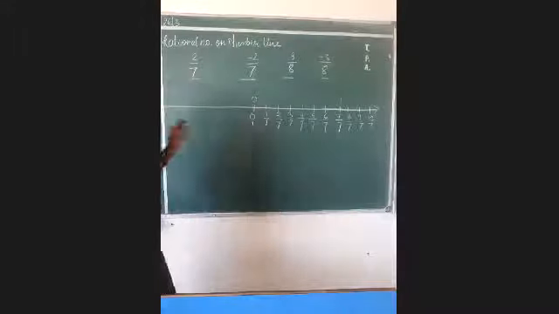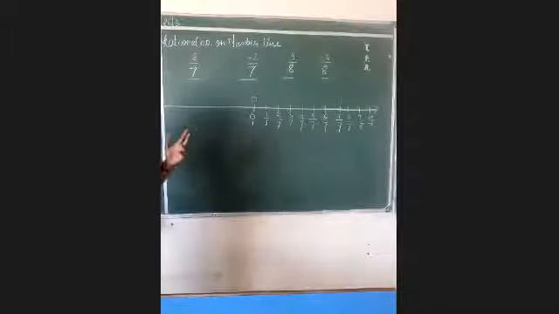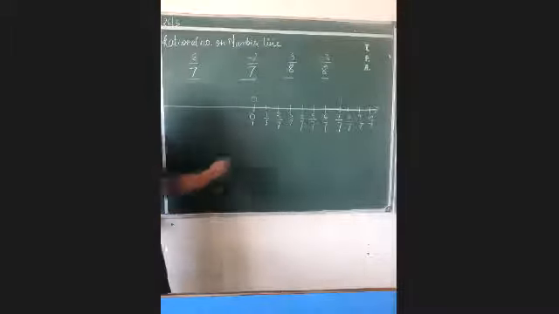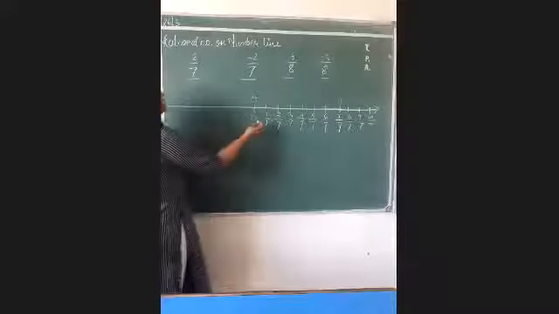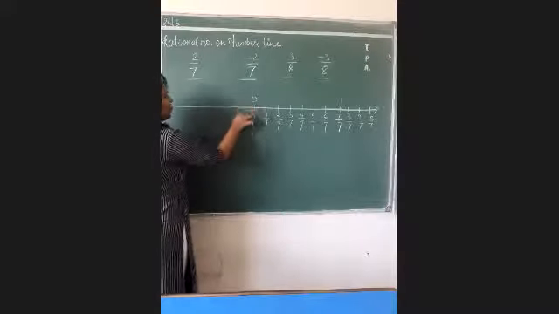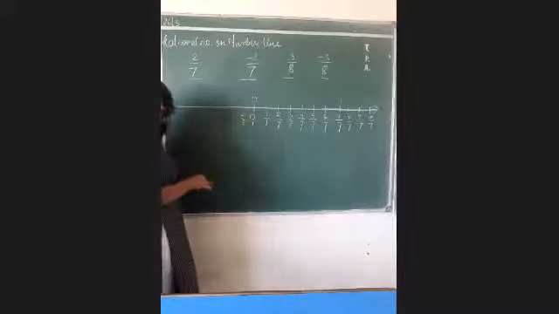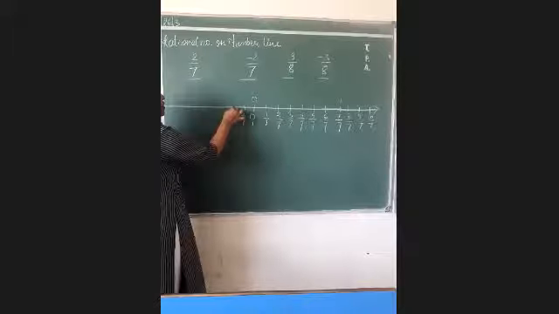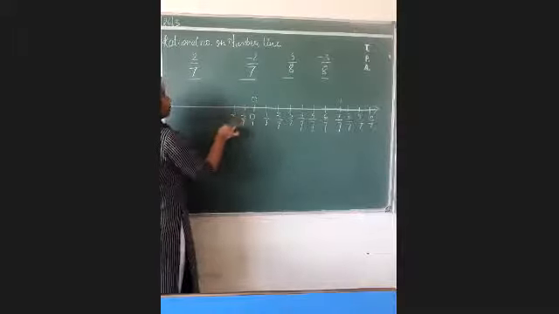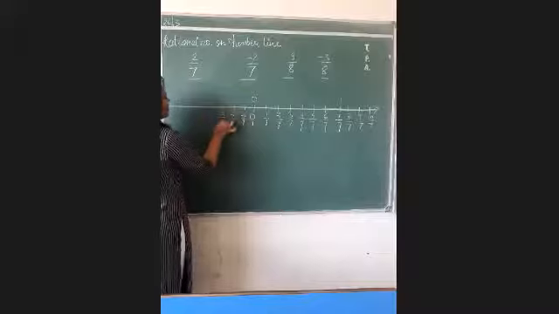Now move on to the negative. Negative will also go like that only. 0 by 7 is your beginning point. Then start from here, and you have to write it down. Minus 1 by 7, this is minus 2 by 7, this is minus 3 by 7.